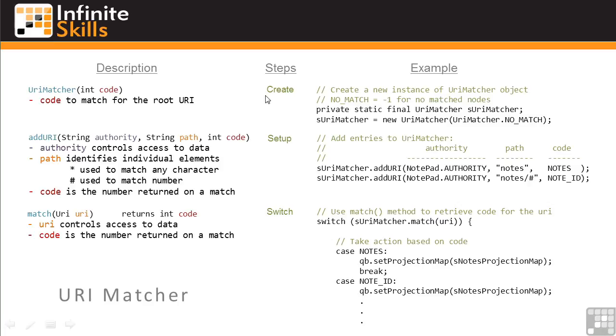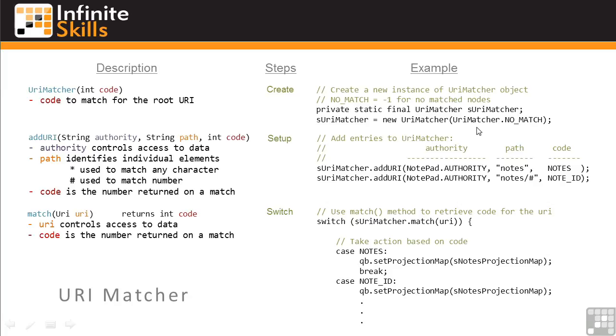In the first step, you create an instance of the URI Matcher using the URI Matcher constructor, giving it a code for any root URI structures. If there are no common root structures, the code should be -1, as we've set it in this example here